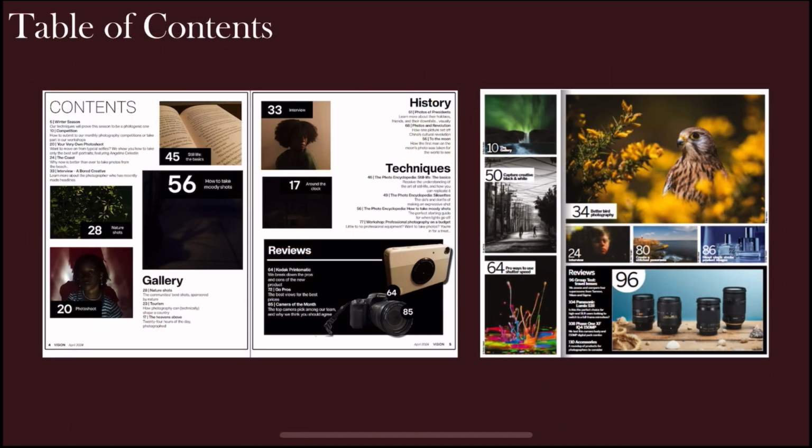In the design of the table of contents of a photography magazine, the main element is the collage of photos in them, so I added a couple photographs and made a mini collage, making sure to enlarge one of the photographs to show that it was the cover story, including the page number and the name of the story to which the photo belonged. The reason why I didn't add so many photos was because not only did I want my own minimalistic feel, but it would also create issues with formatting because adding more photos would, for me, mean making some of the images small, and I didn't want them to be too small.